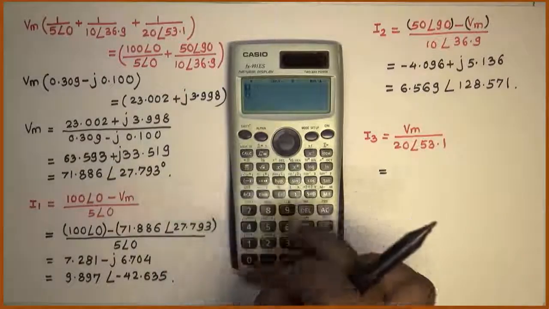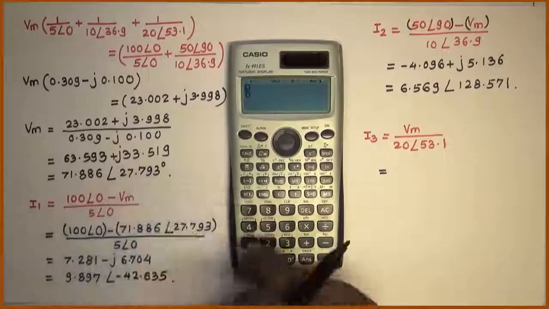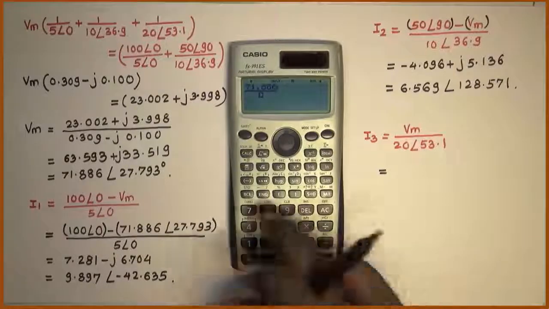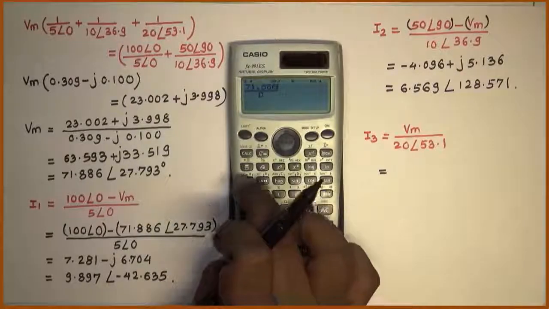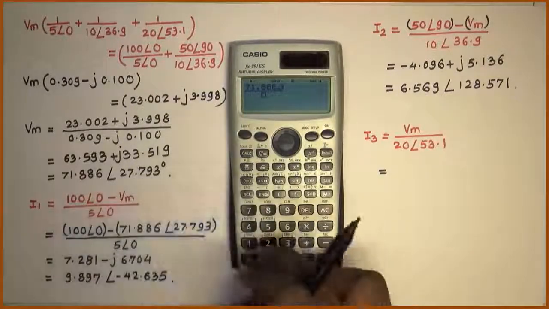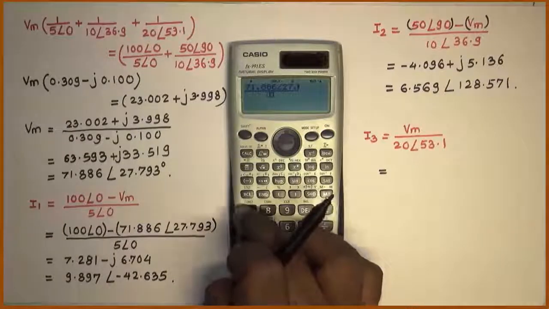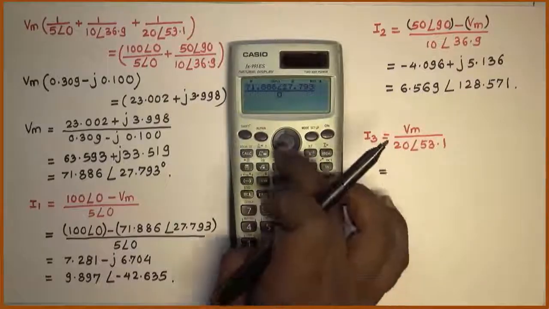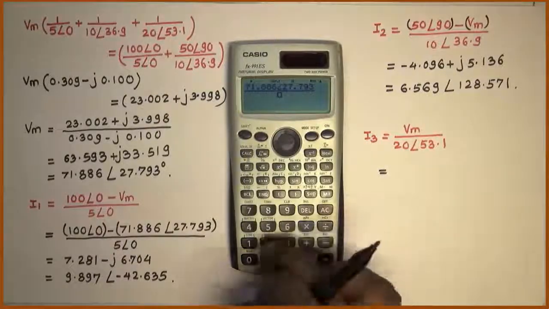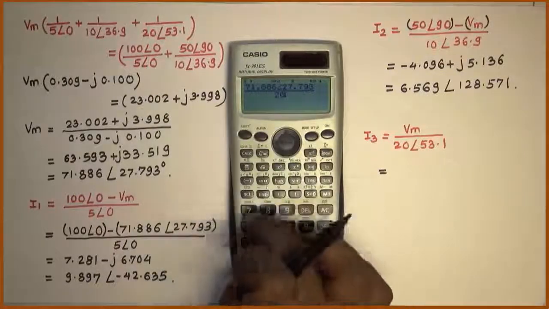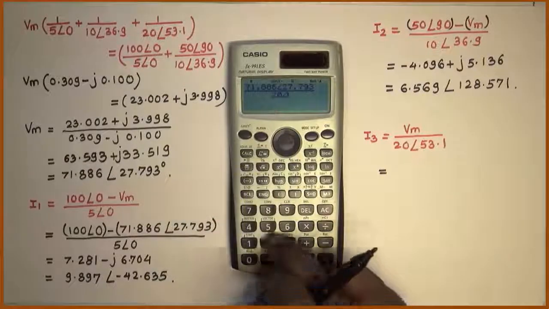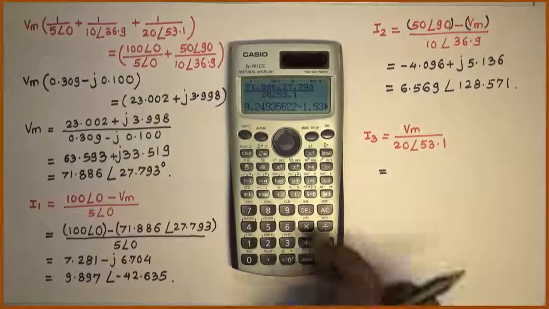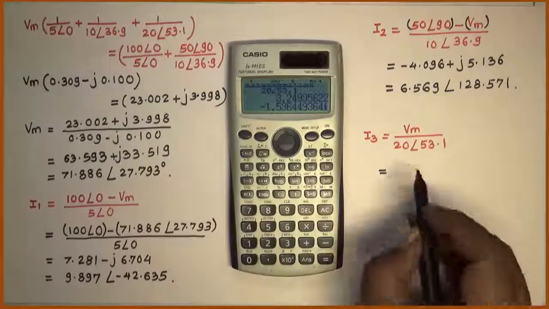First I press division symbol, then I enter this value 71.886 angle 27.793 divided by 20 angle 53.1, equal to. If I want to see the total answer, it is